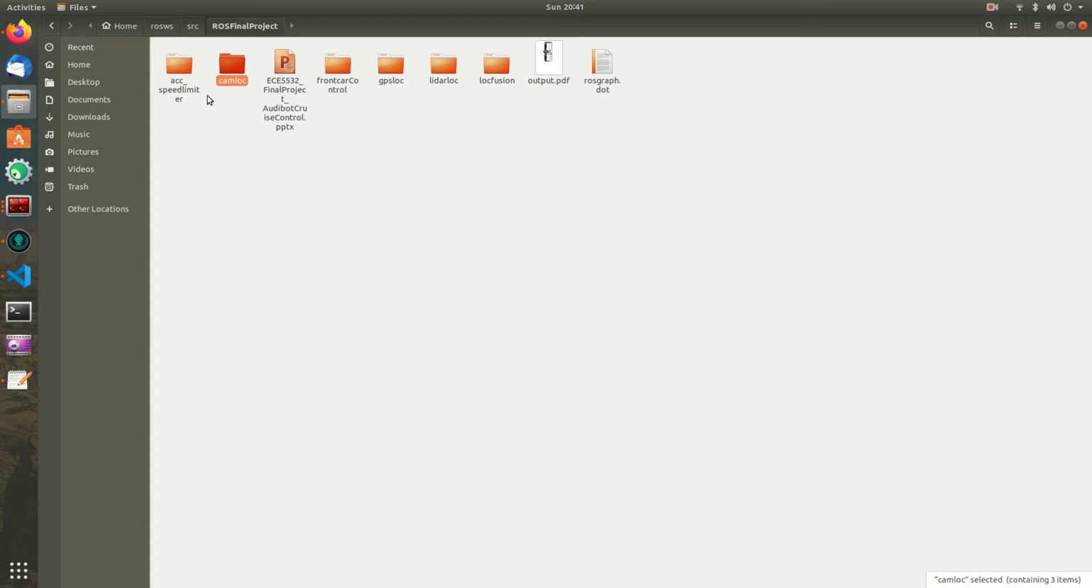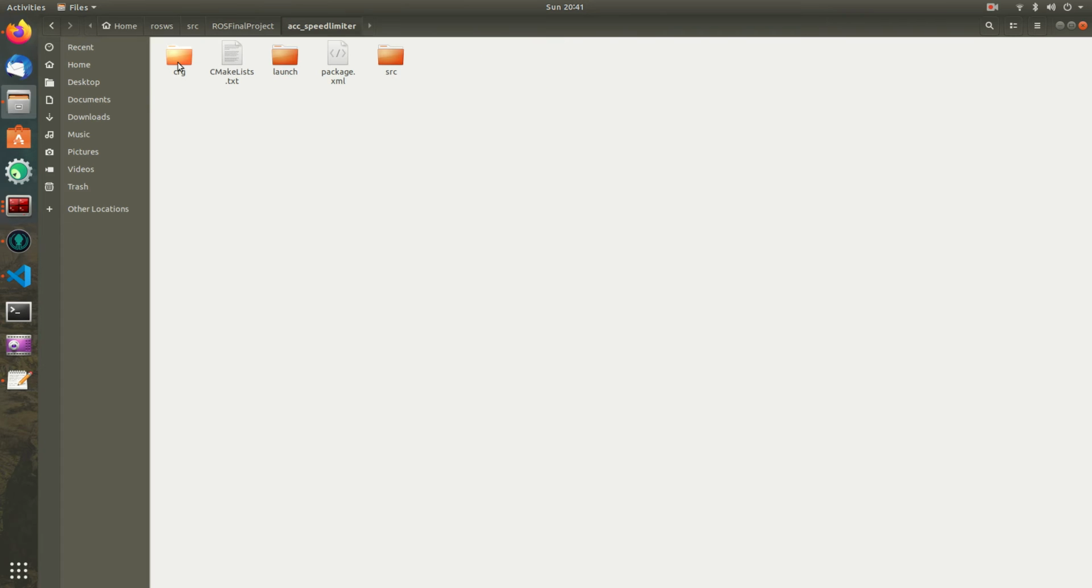Okay, and in order to control all of them and to launch all of them, we had to have one central place, and our launch files are actually located in ACC speed limiter. If you go to ACC speed limiter, inside here we have a launch folder, and inside the launch folder we have all the launch files. Specifically, we have one launch file which, if you launch this one, will launch all the nodes. That means the GPS, the LiDAR and the radar, and the camera,